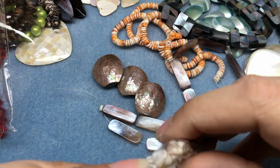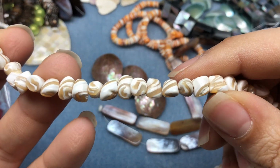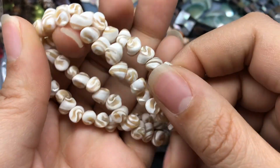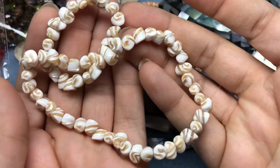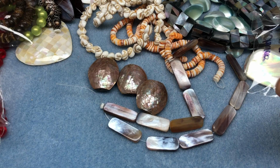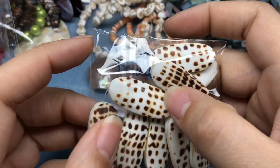Then we have swirly mother of pearl strand. This was $6.50. Look at that. I love it. Those are some funky beads. Got some swirls, some stripes, cream and beige. I love it. Or white and beige, I should say. These are gorgeous. Those look like art to me, like moving art. I love them. And then last but not least, my goodness, this was $8, and it was called